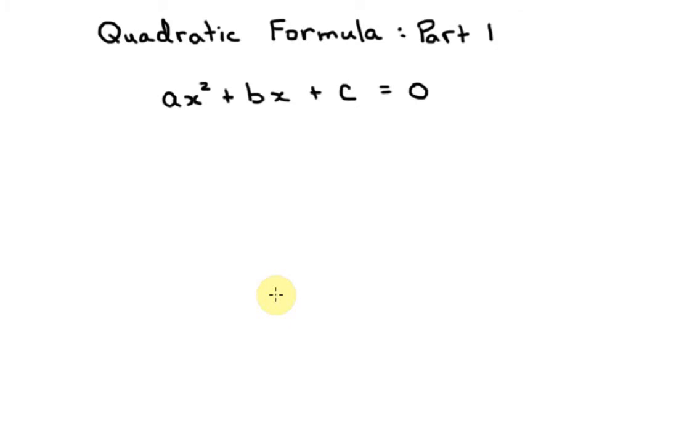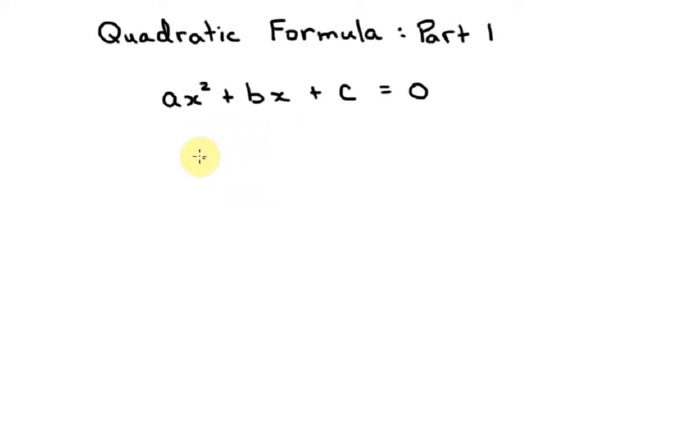Okay, this is the quadratic formula, part 1. And I've written your typical quadratic equation, and I've kept it totally general, no numbers. And what we're going to do is rearrange all this by the method of completing the square. And once we've completed the square, we're going to have a formula that's going to speed up the solving of